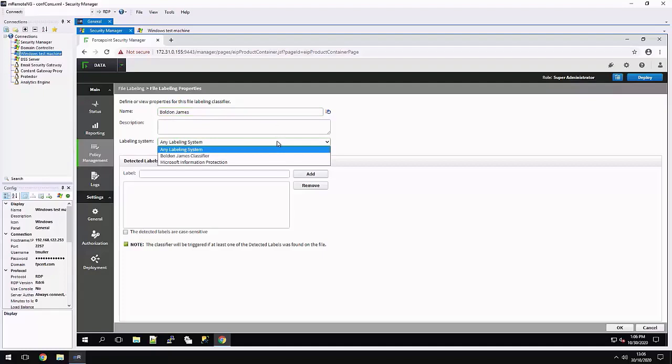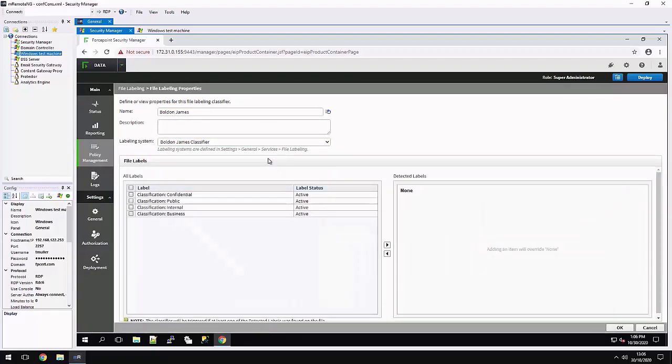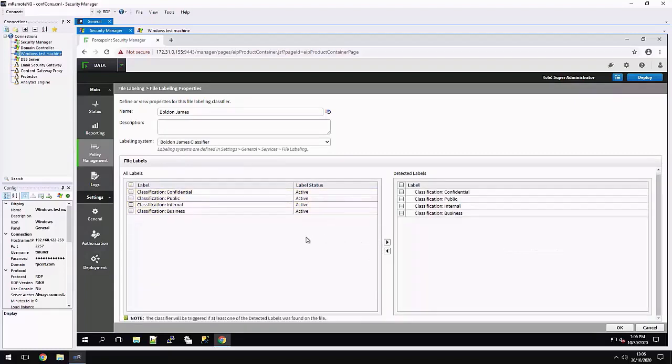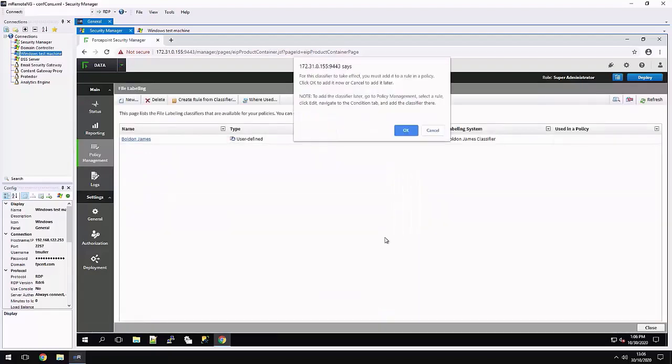Select our labeling system as Bold and James Classifier. And then we're going to select and add all of the detected labels. We'll then click OK. We're going to cancel from the screen reminding us that we have to add it to a rule.